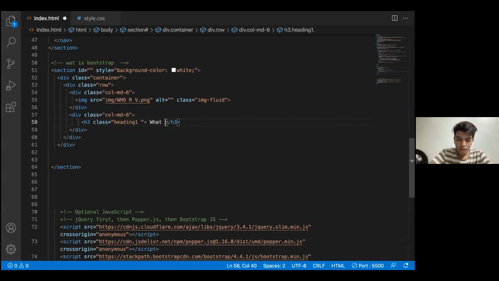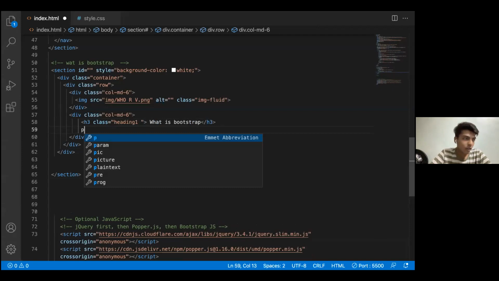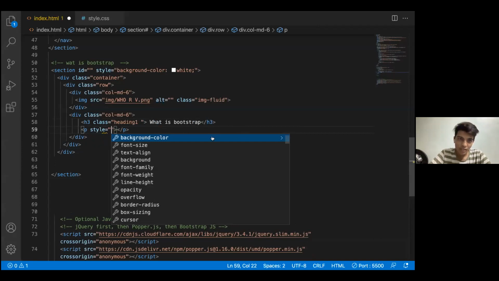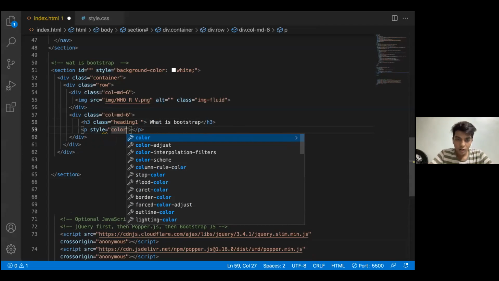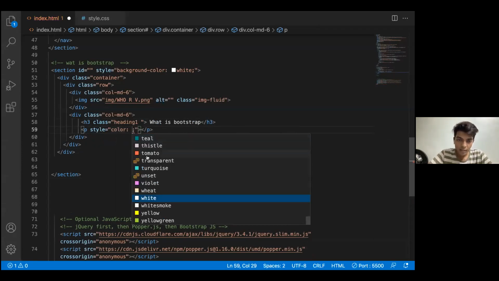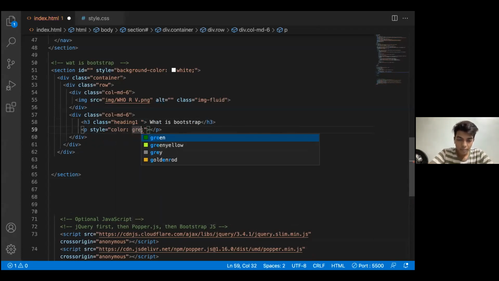And under what is Bootstrap, I'll be writing a p tag. I'll be styling p out here only because I just want to give it a color. There is no need to give a class, go to style.css and just give it a color of gray.